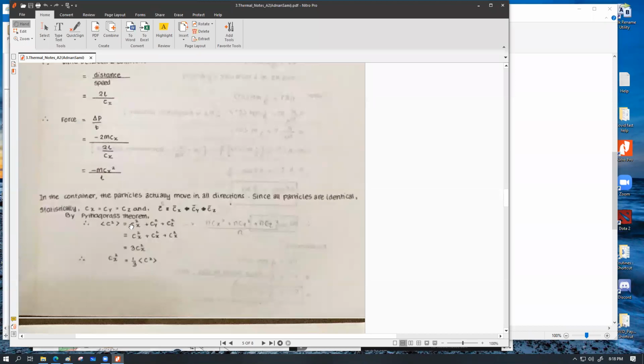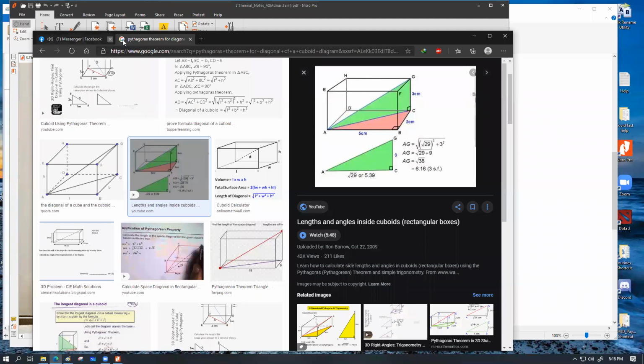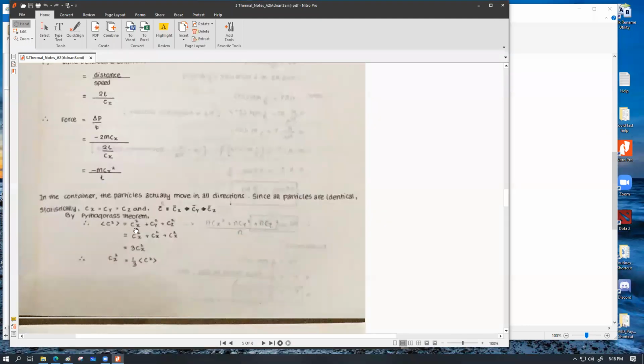So using this idea, we are writing this equation. And because we said a little bit earlier that statistically we can consider all the components equal, we are going to replace this thing over here. So we have replaced CY by CX. We have also replaced CZ by the same component. And as a result, we now have